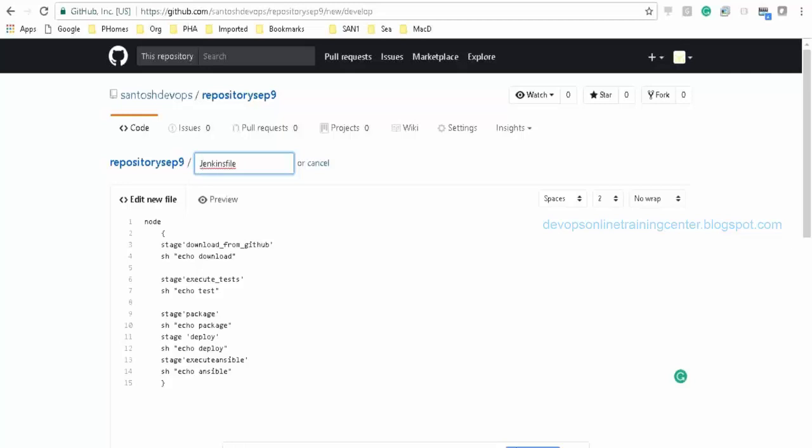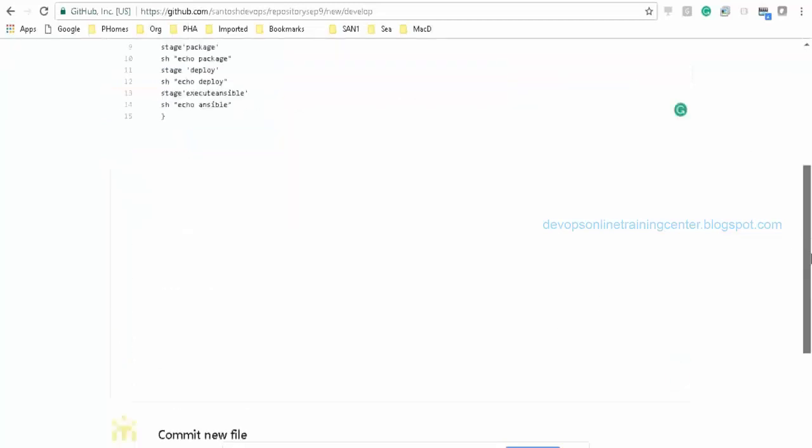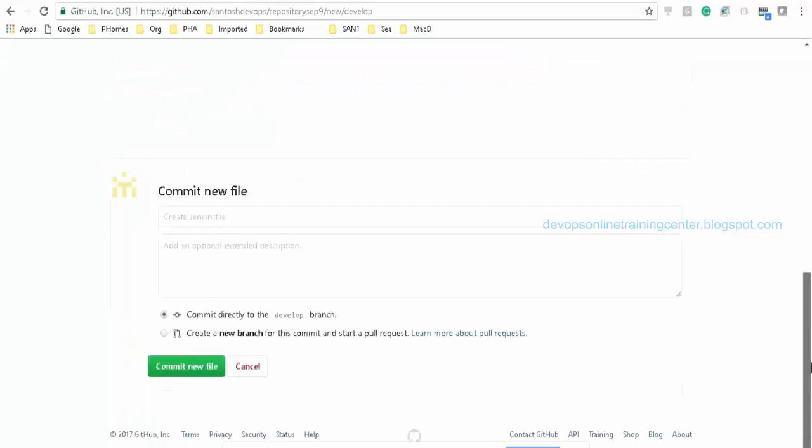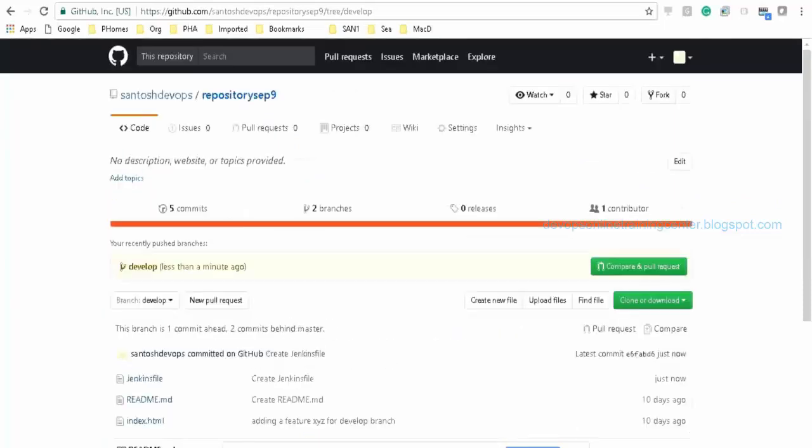The file name should be Jenkins file, where you put the code. So you just name the code file as Jenkins file, right?